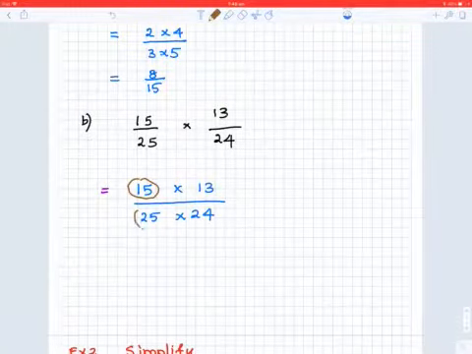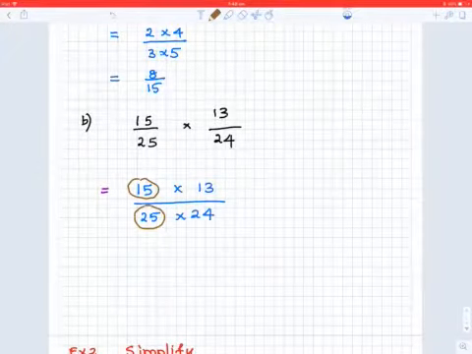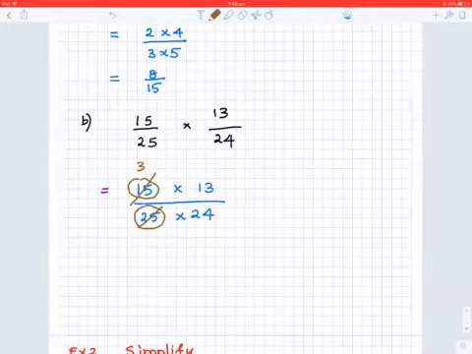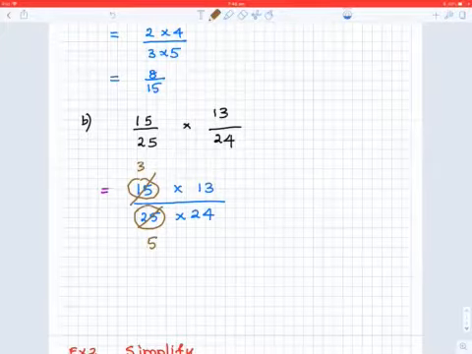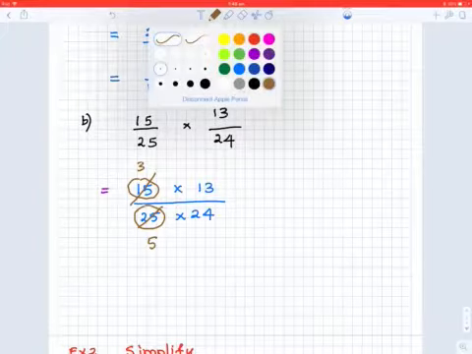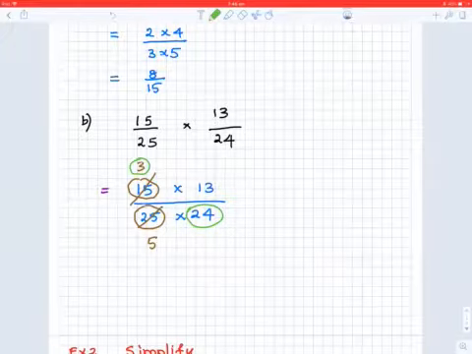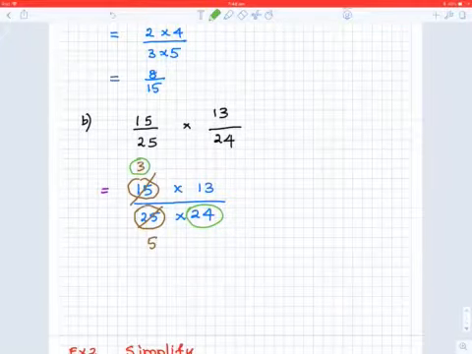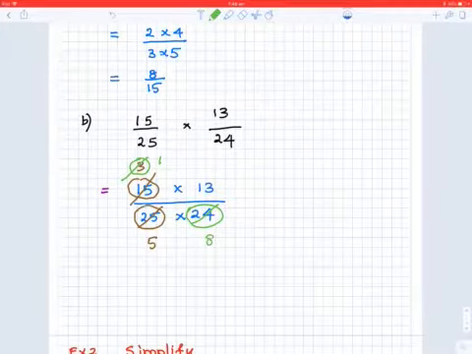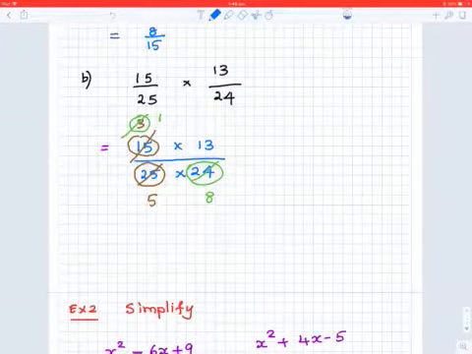We can cancel them. Okay, first look at 15 and 25. When you look at 15 and 25, 5 goes into 15 3 times and 5 goes into 25 5 times. Now when you look at number 13 and 24, nothing common. However, if you consider this 3 and 24, something goes into 3 and 24, and 3 goes into 3 once, and 3 goes into 24 8 times,